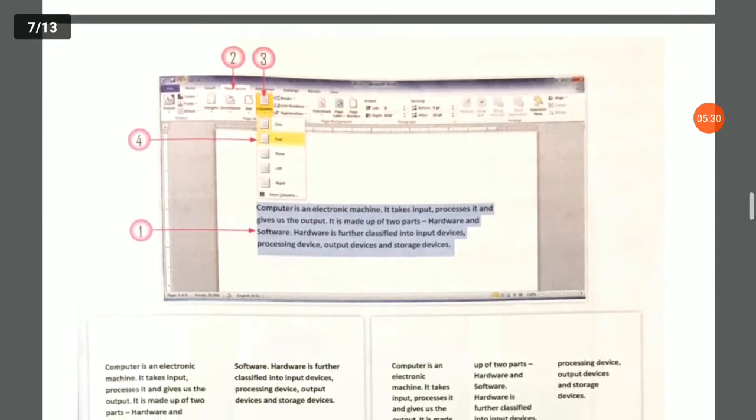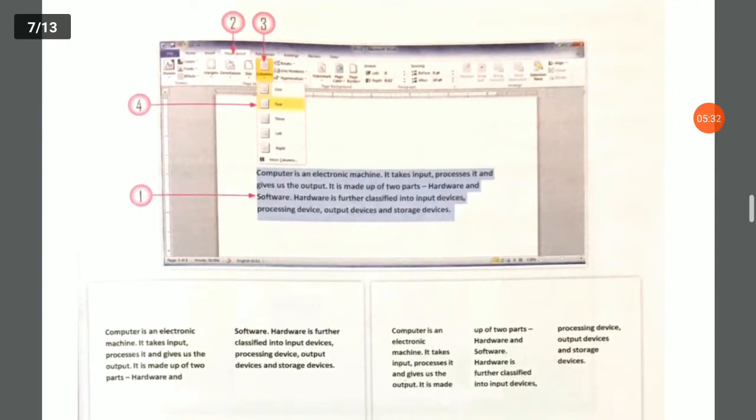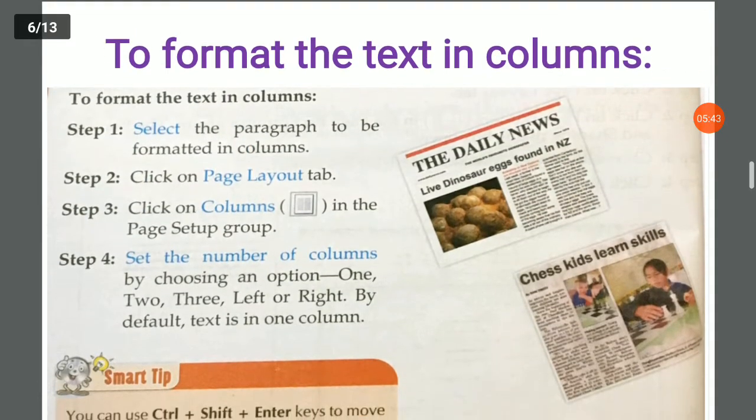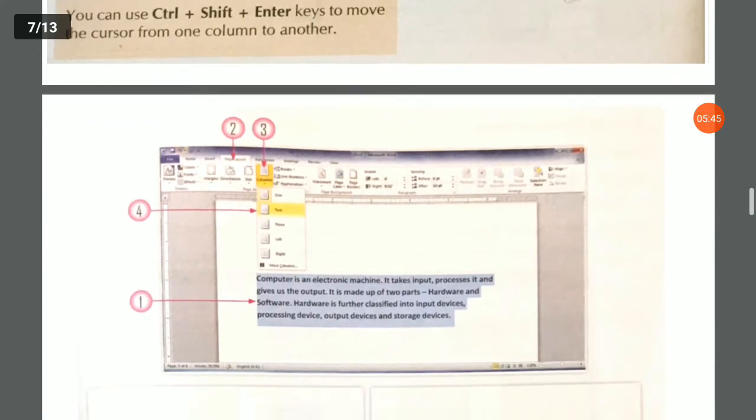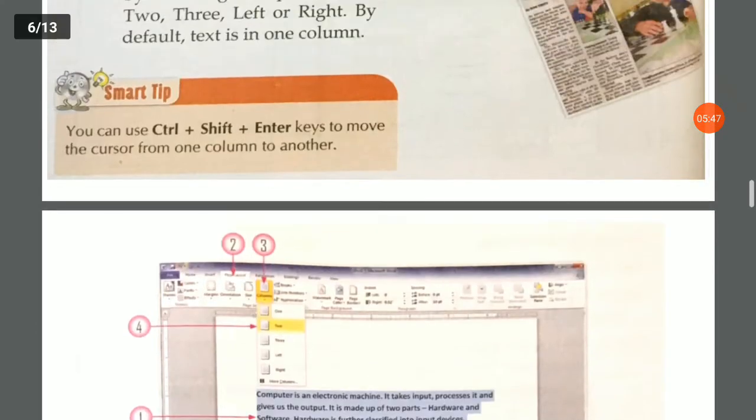Now here is the example through which you can understand. Basically 4 steps are there. In first step you have to select this paragraph. In second step you need to click on the Page Layout tab. You can see over here. In third step you need to select